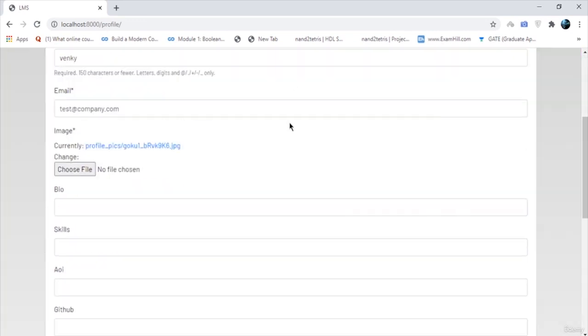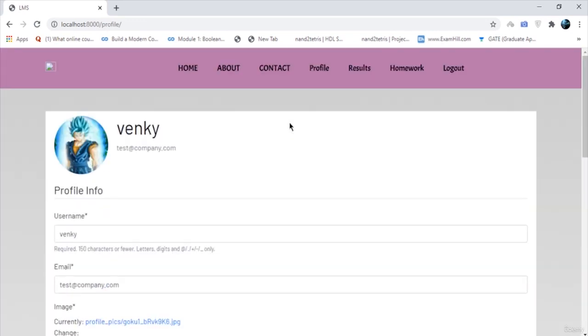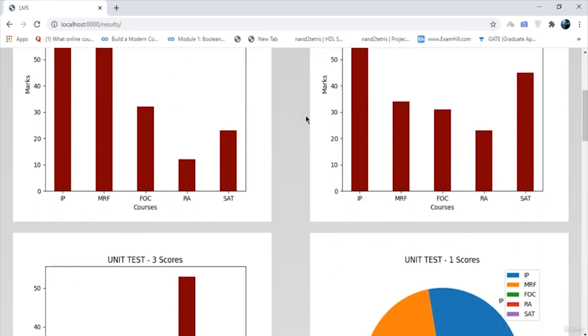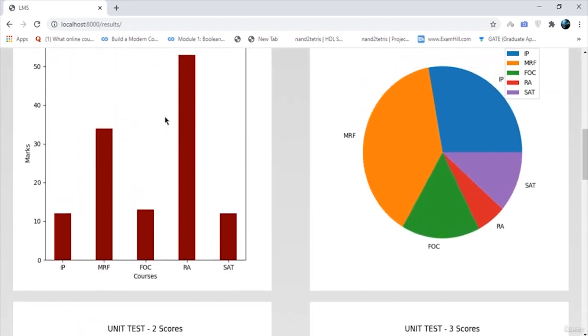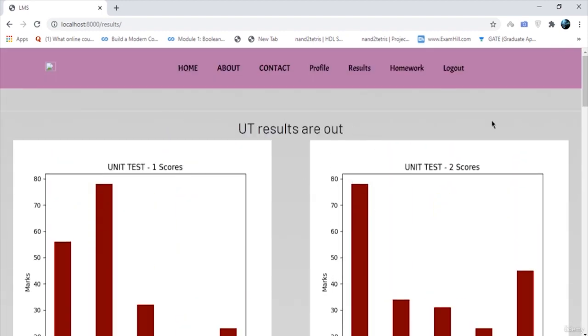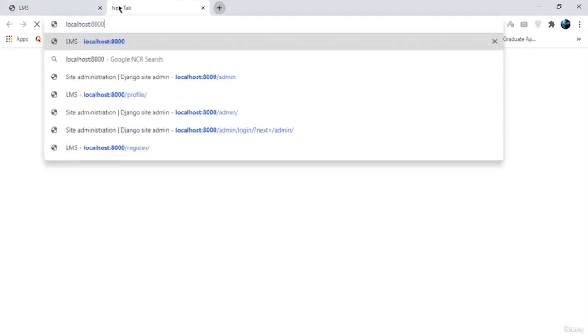Okay, so now that we have our profile ready, we are good to go with the results tab of the students section. The results just contain a few graphs like a bar chart, pie chart, and so on. There are actually 7 graphs which we are going to implement with the help of Matplotlib. So I'm just going to log in as an admin,